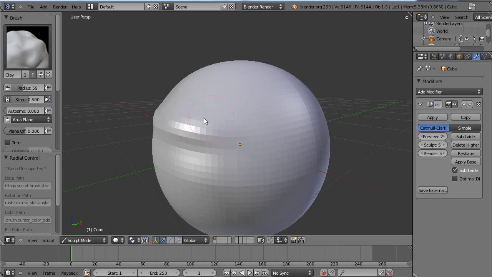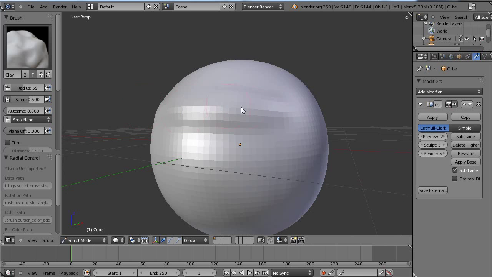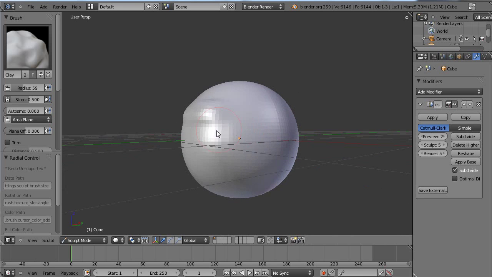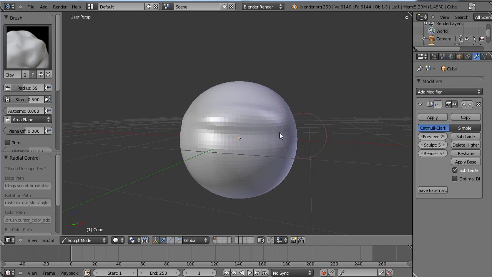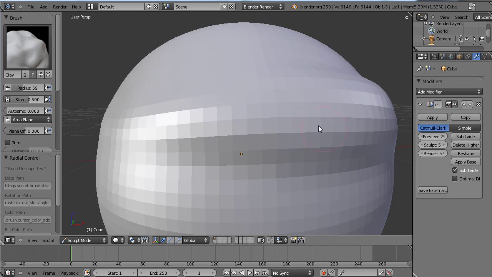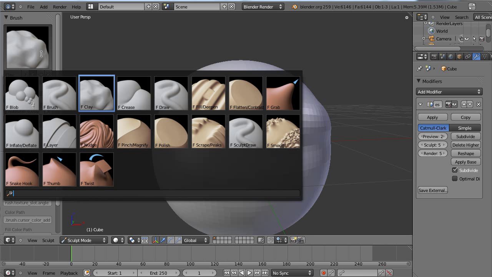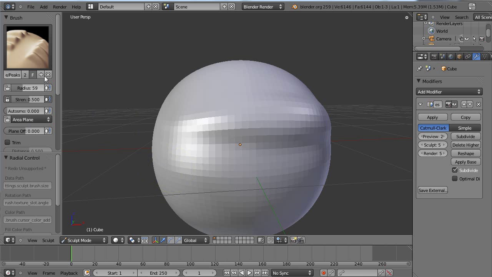I'll just make that a bit bigger. This mean looking ball type thing. The tool that I'm using is clay. You can access that with the C key, or you can click on this image here and select it there. These are all the brushes you can use, so you can just choose one and go ahead.